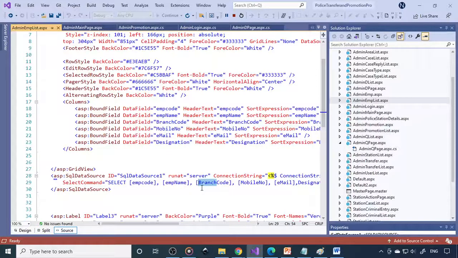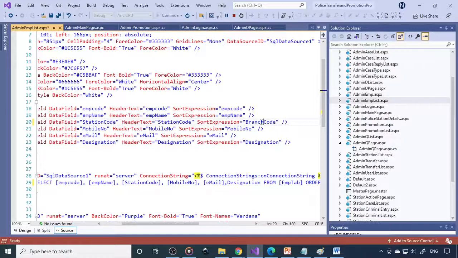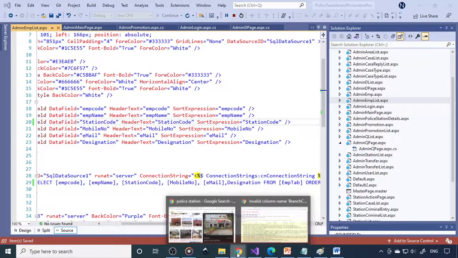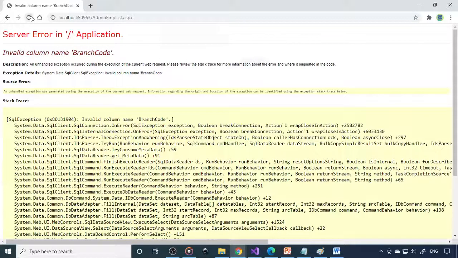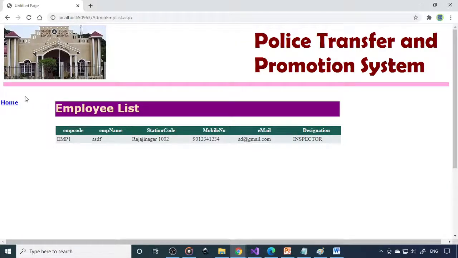So let me change it to station code, and we need to change it everywhere, not only in one place, wherever it is. Now save this. If you come back and refresh the page, it works. Here you can see the employee list.